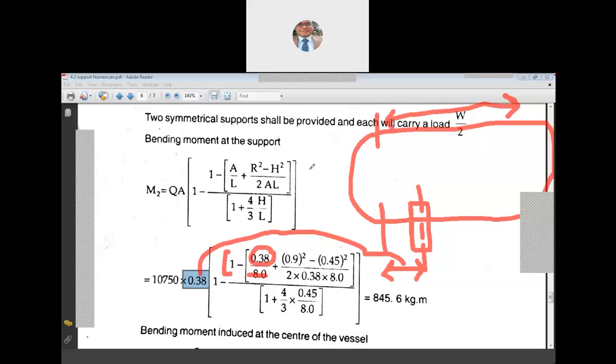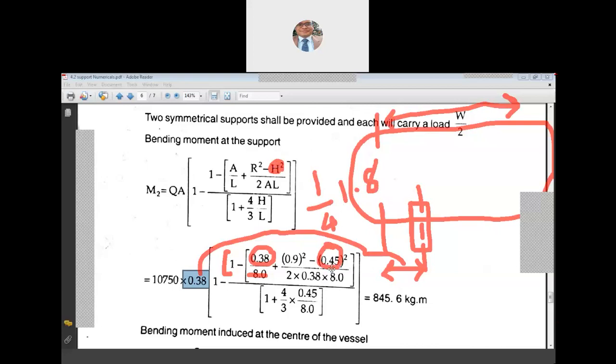Then H is nothing but the depth of the head, taken as 1/4 the vessel diameter, that is 1/4 of 1.8